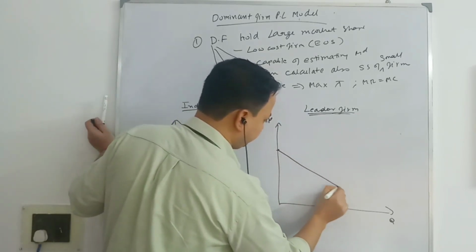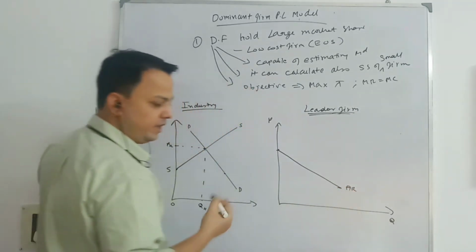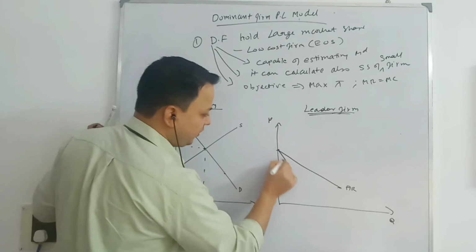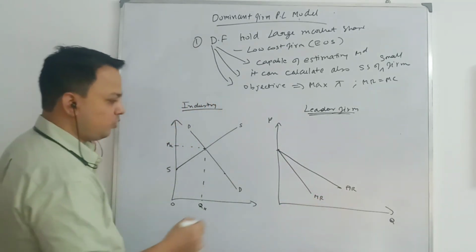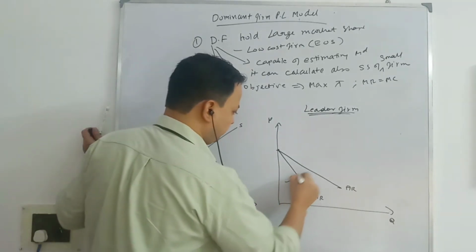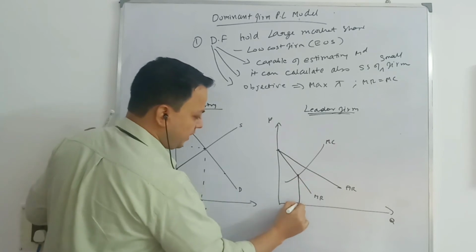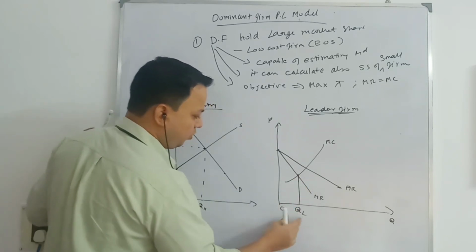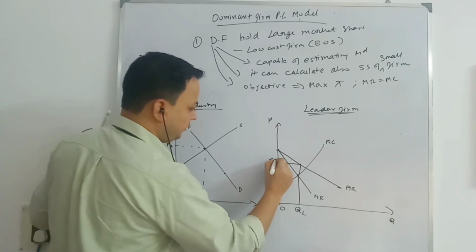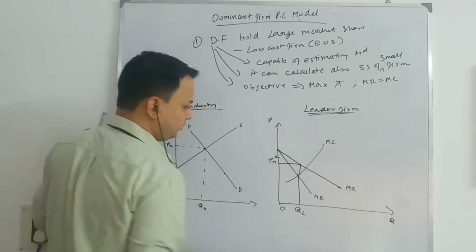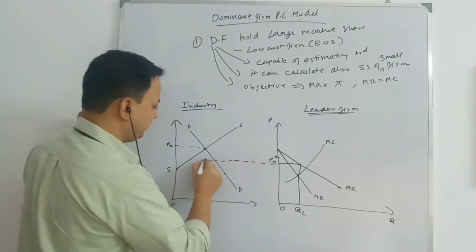So this is the average revenue curve. Based on AR, you can derive the MR curve also. If you remember the derivation part, you will know it. Is the MR equal to MC condition satisfied here? This is the MC of this dominant firm. So the dominant firm will be producing OQN units of output and charging price, say PM star. This price will be taken by the small firm.